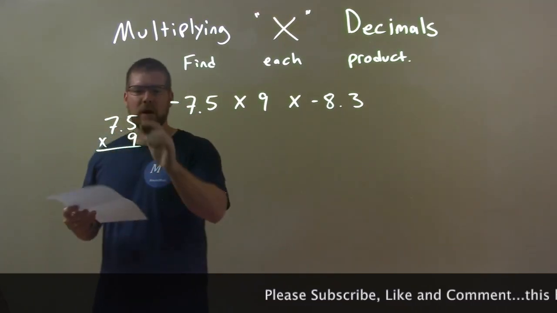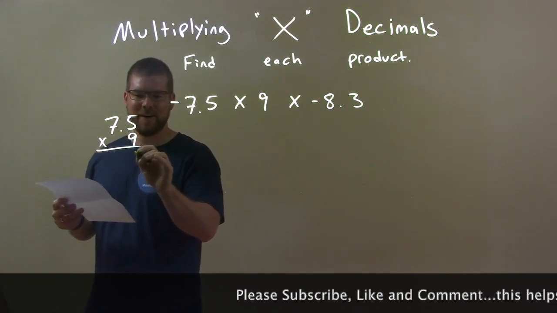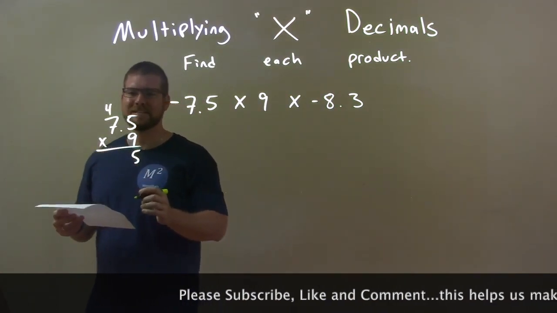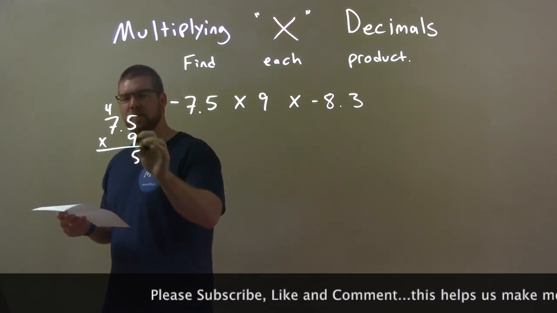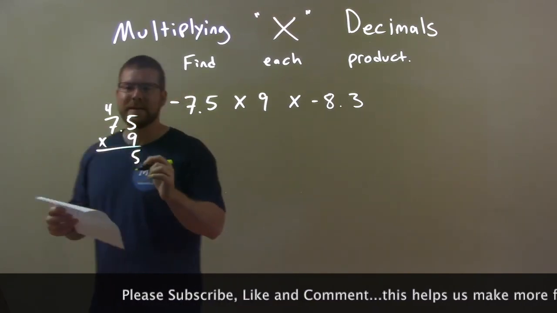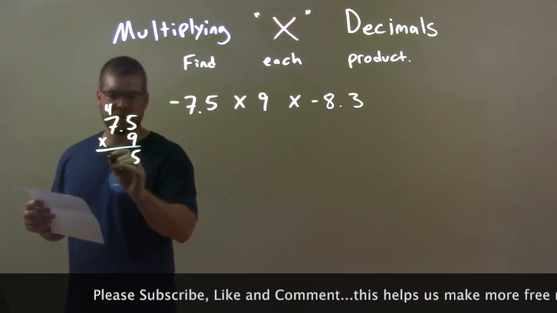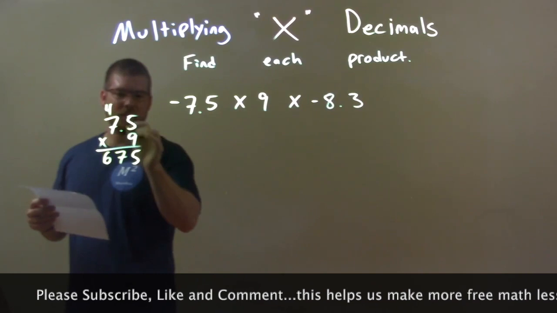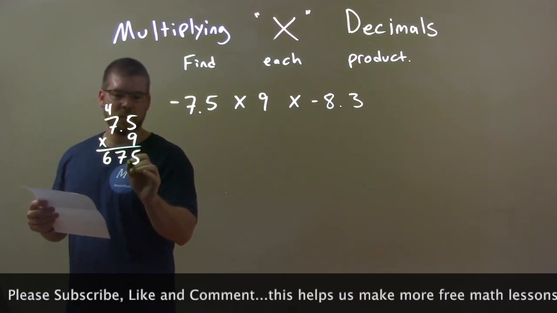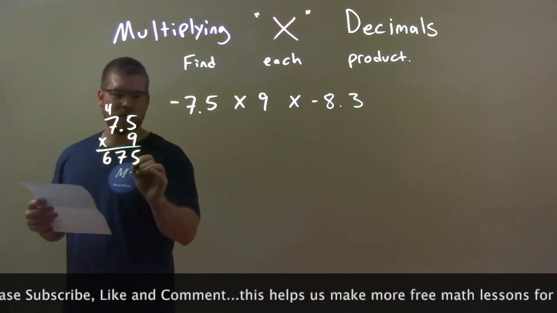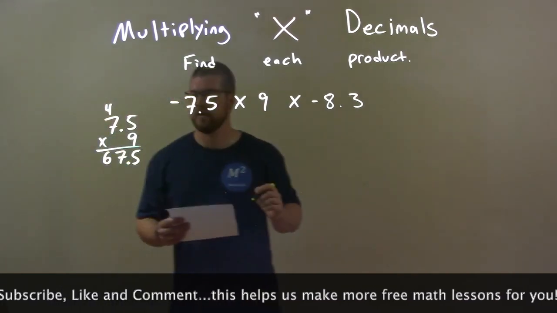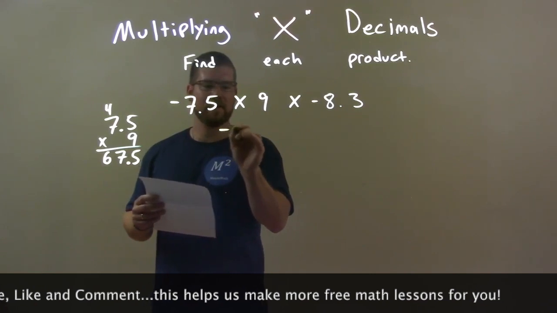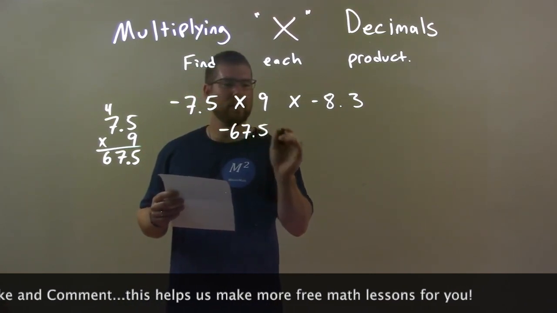Well, 9 times 5 is 45. 5, carry the 4. Okay. And 9 times 7 is 63. So we have 63 there, plus 4 is 67. Okay, so we have 67 right there. Now we know, all right, we have to move a place value for the decimal right there. So we have 1 up here. So 1 place value there, 67.5. Now a negative times a positive is a negative, so we have a negative 67.5 here,